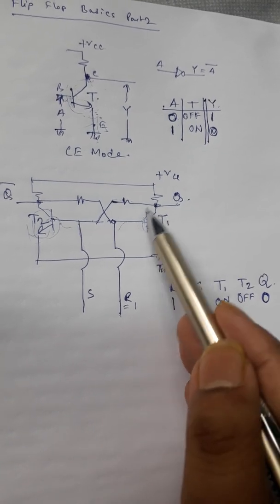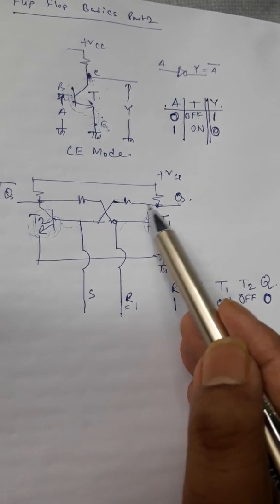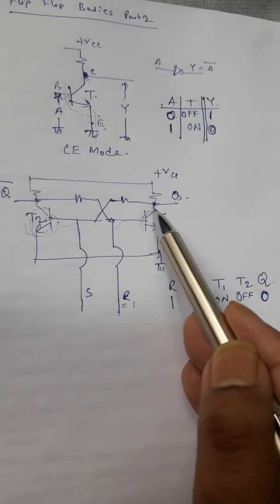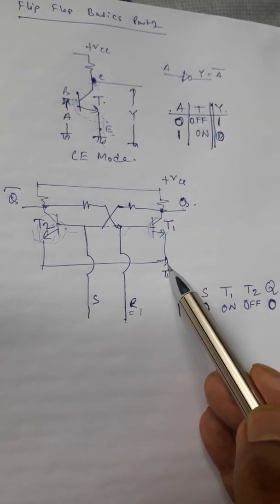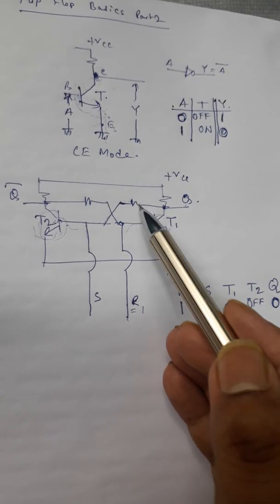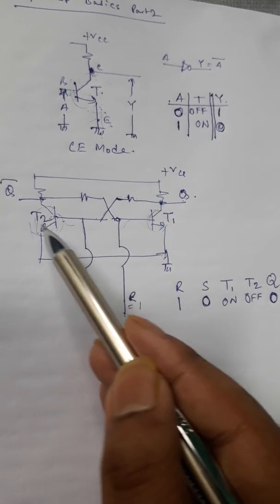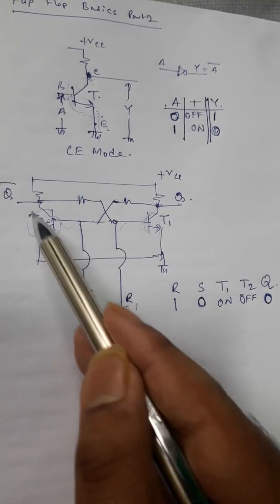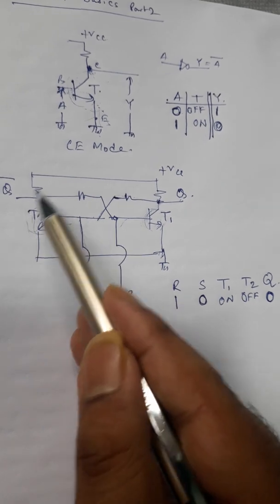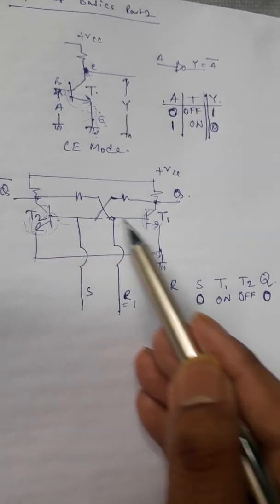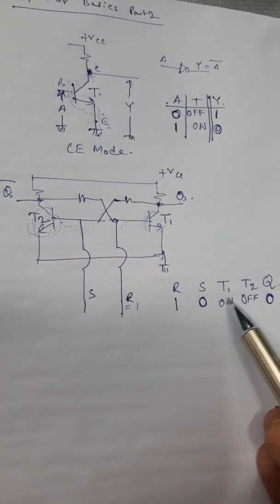So this transistor will remain on, and as it is on, this point potential is low. This is very interesting: this Q and Q bar are making these transistors stay in this state